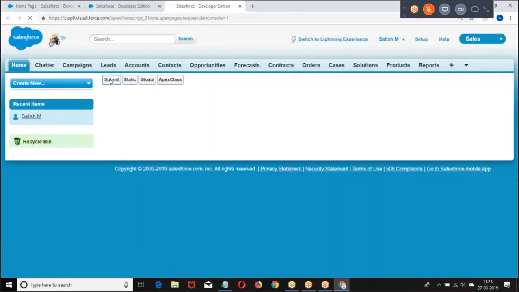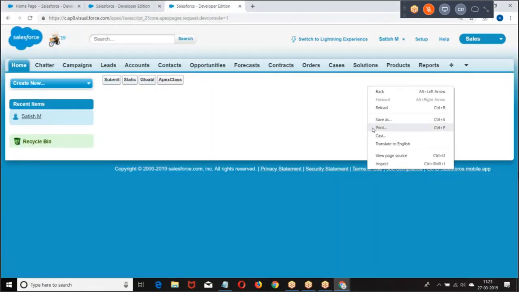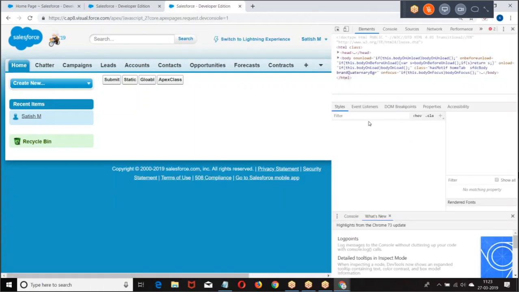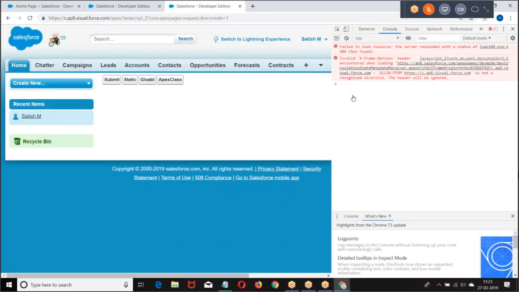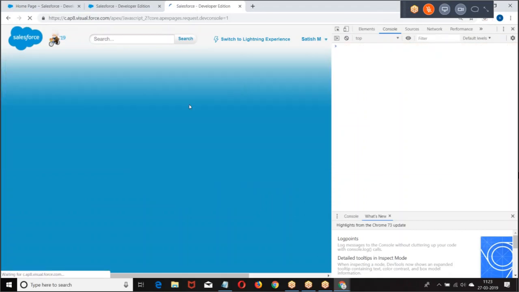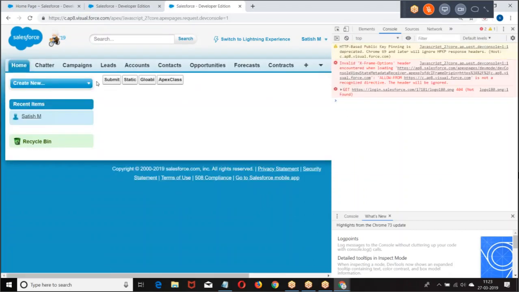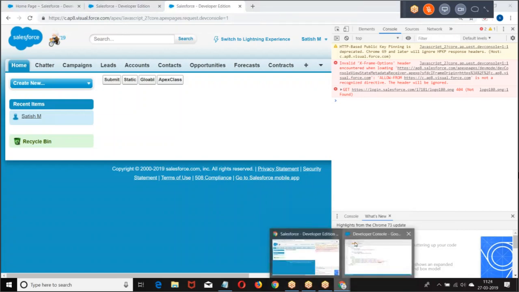Go to the preview. Submit. Because I gave on click, you are getting the message, but immediately it is lost. Why? On click, the action is performed, then on complete will run. So if you want the message to stay there, instead of giving on click, what you are supposed to give is on complete.